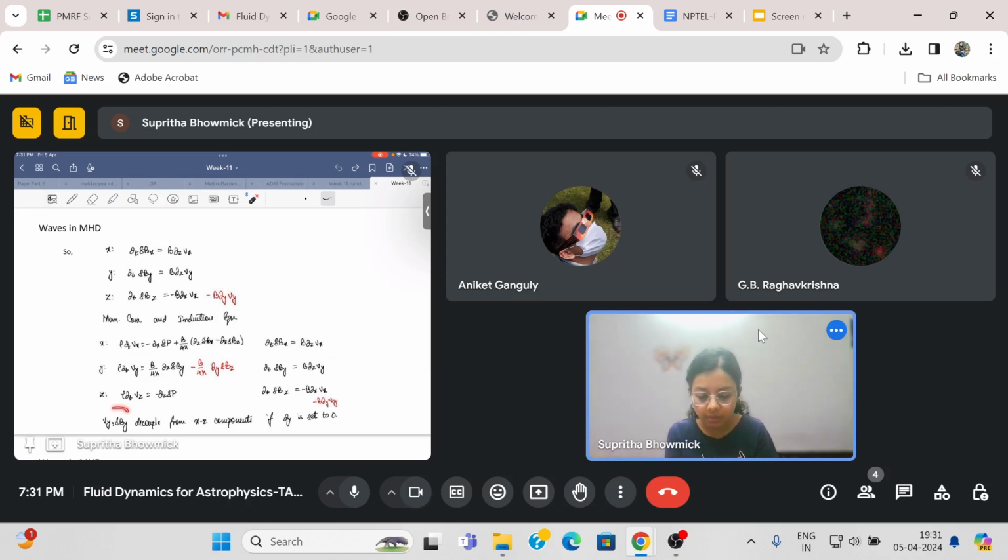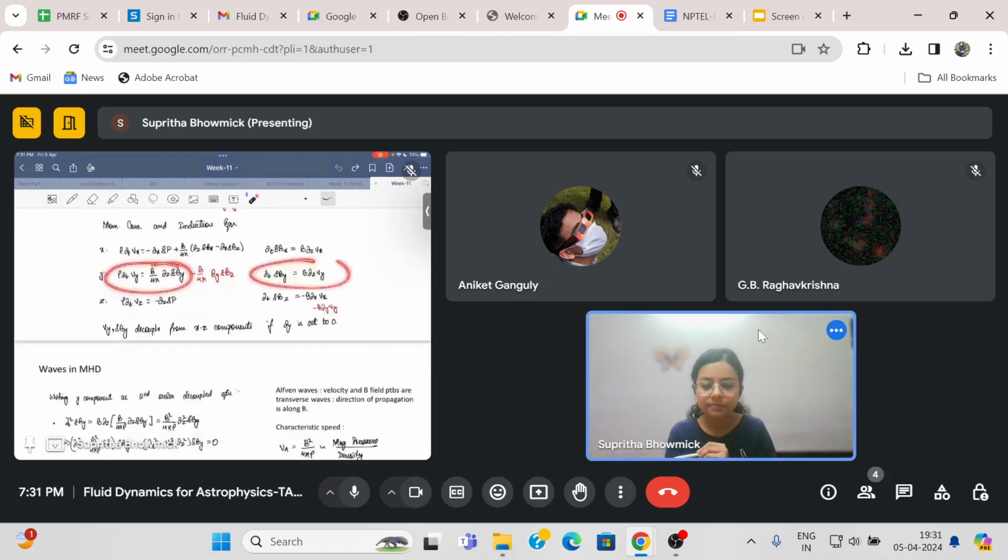That's why the y component perturbations are special, because you have said that y is a special direction along which my perturbations do not vary. There are no gradients of any quantities along y. That is why you can drop these terms, and that is when the y components of the perturbation decouple from the xz components of the perturbation.